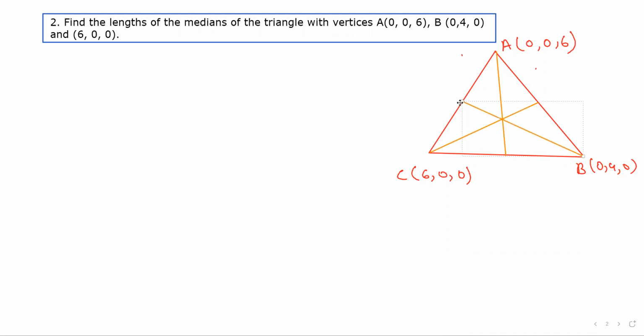In any triangle, irrespective of the nature of the triangle, all medians will always meet each other at a single point. So this median, AD, will divide BC into 2 equal parts, and this one will also divide its side into 2 equal parts. You have to find the lengths of the medians of the triangle with these vertices. That means your target is to get the value of AD,